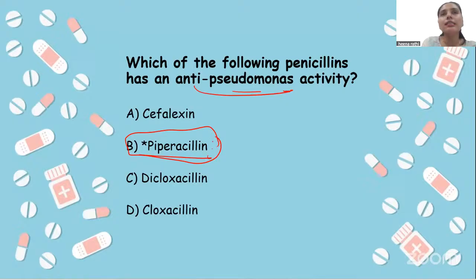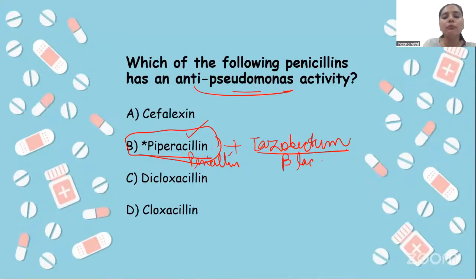Piperacillin is an extended spectrum penicillin, and to increase its efficacy, we add a beta-lactamase inhibitor with it. We add tazobactam, like we add clavulanic acid with amoxicillin, because both have similar pharmacokinetic properties. So we add piperacillin, the extended spectrum penicillin, with tazobactam, which is a beta-lactamase inhibitor,